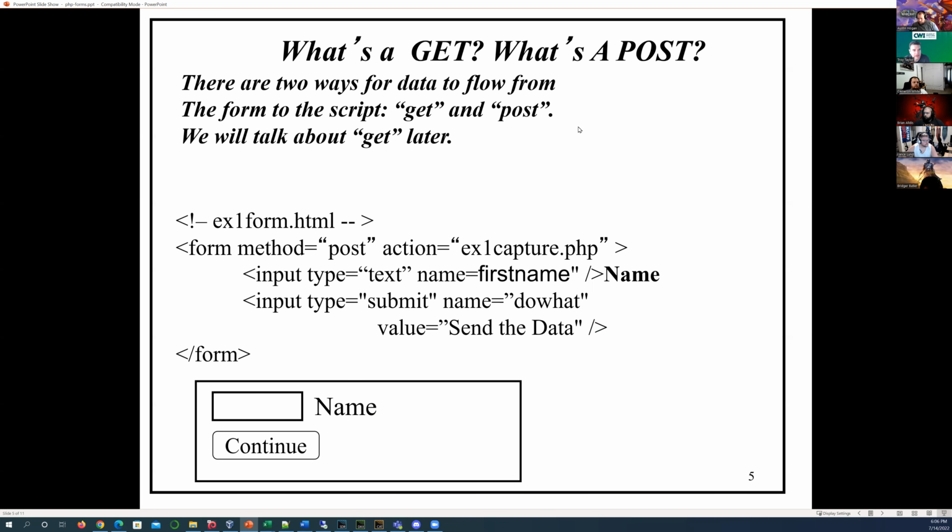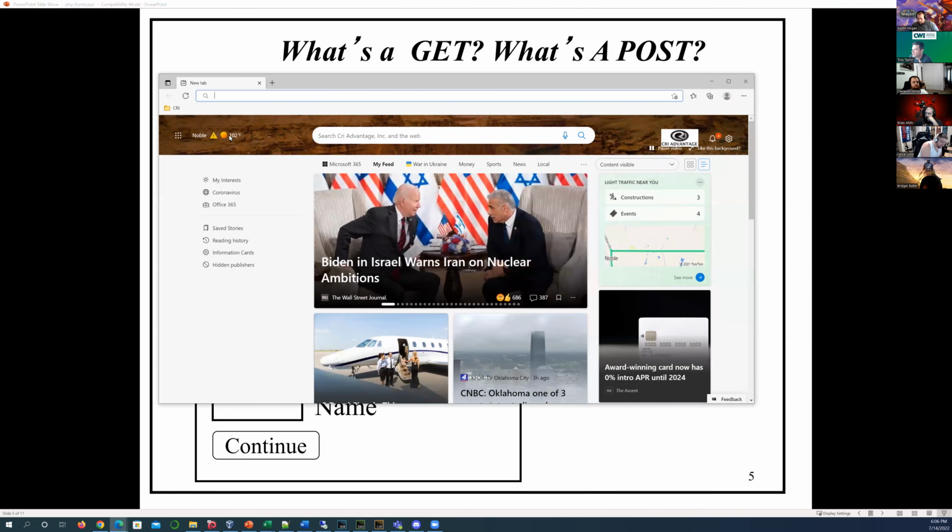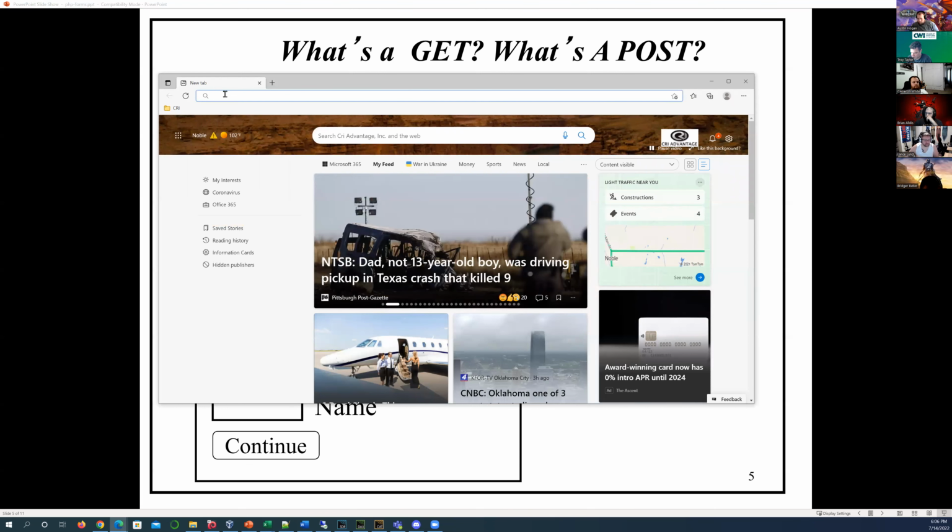So remember a second ago, I said you can do a get or a post. Let's talk about, first, a post, and then we'll talk about a get. Let me kind of give you a sneak hint. When you do a get, it actually passes the value on a URL. So let me show you what I mean. So here is a web page. And if we go to